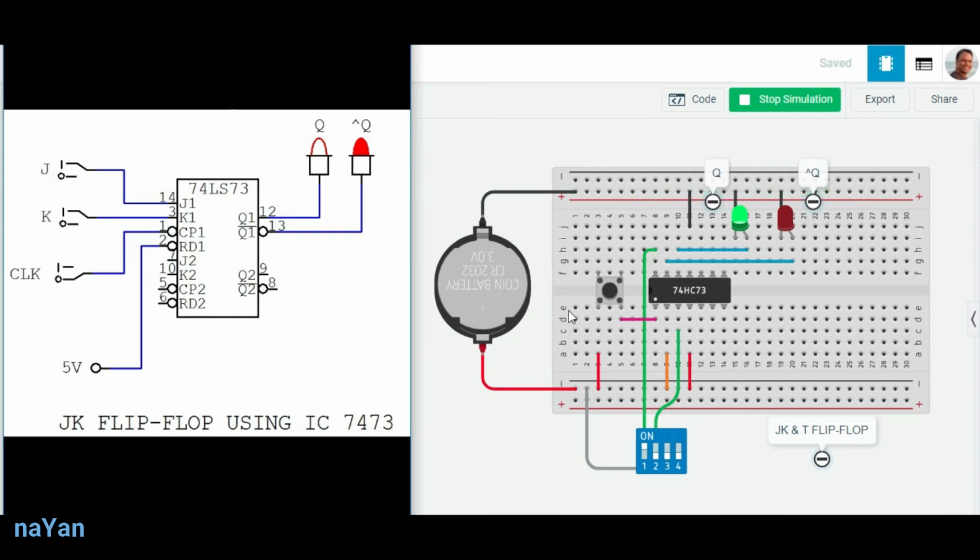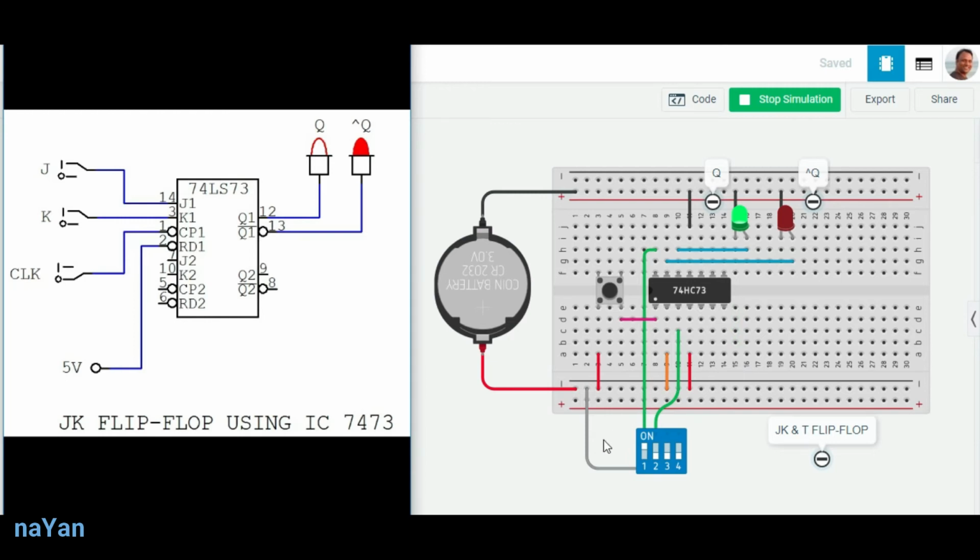So this is only for my convenience, so the circuit looks neat and clean, and our connections are easy. As we have connected VCC and ground properly, we have very few connections left.